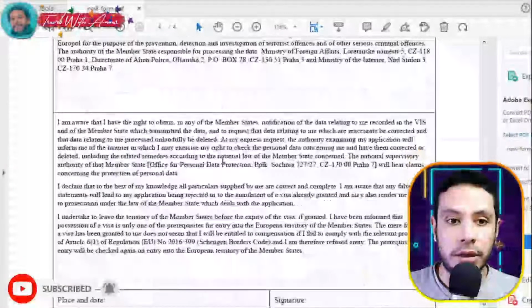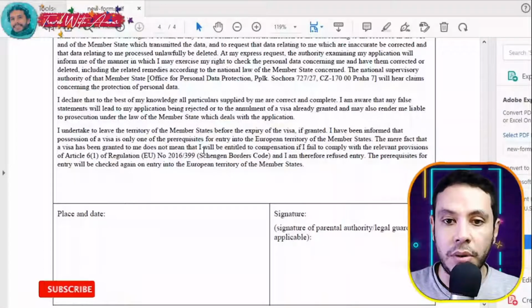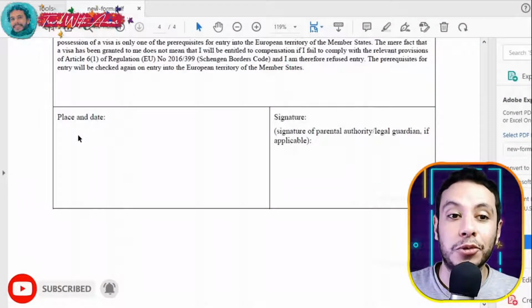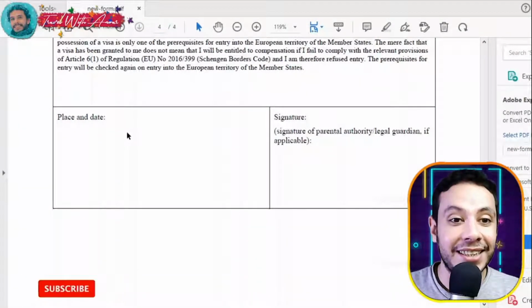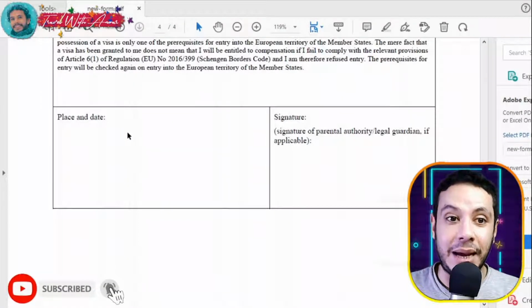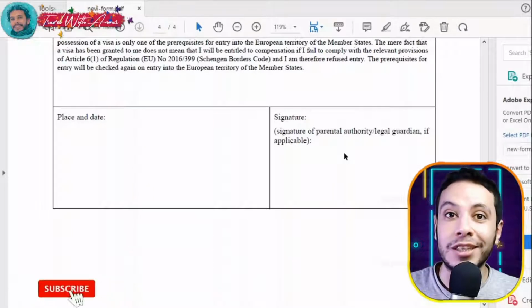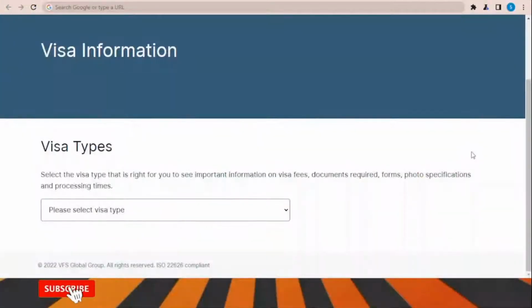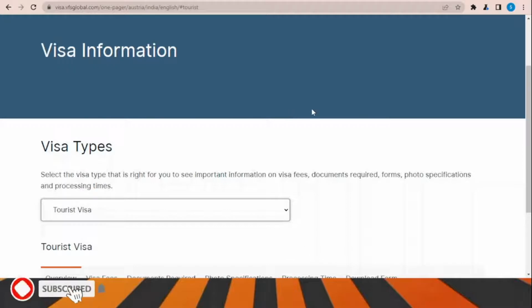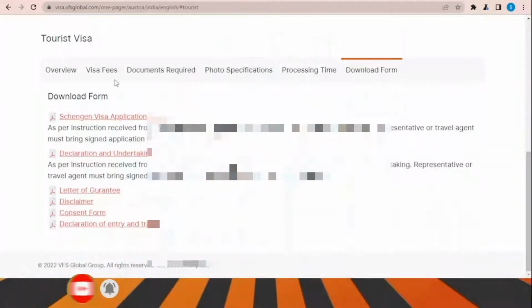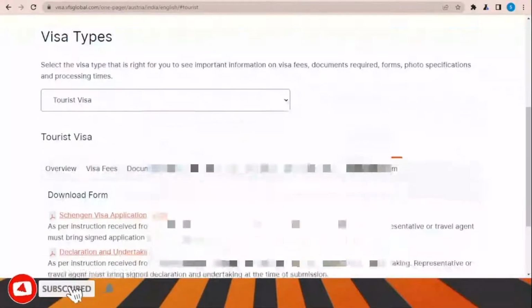And here, this is the declaration part, the self-declaration part, and in the end you will have to write the place and the date of this application. And here also you will have to give your own signature. In order to download the visa application form, you can go to the visa information section over here and choose the visa type, for example tourist visa. And once you choose tourist visa, here from download the form,